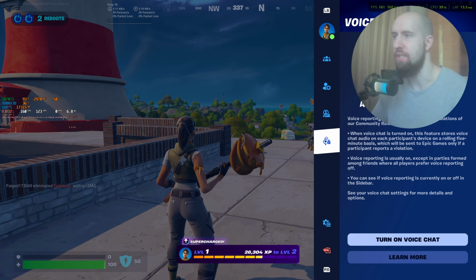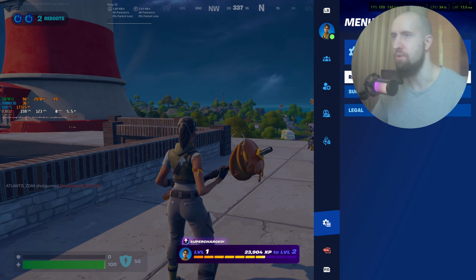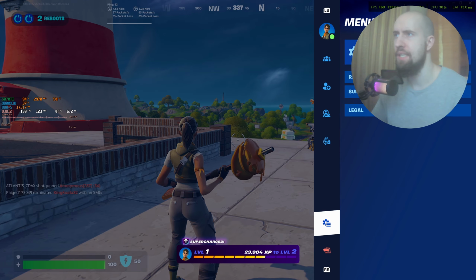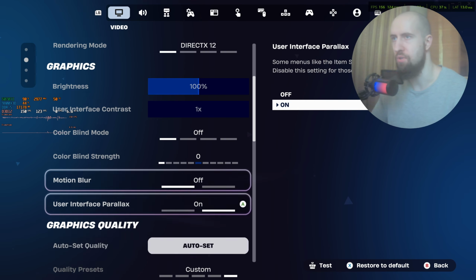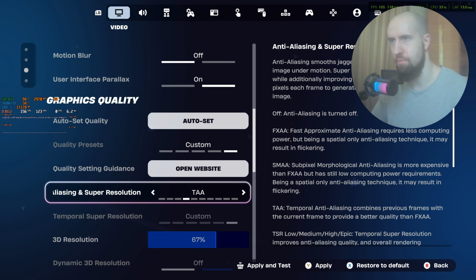Oh, I understood why I have more frames. It's because I've enabled DLSS. Let us actually disable it and see what it looks like. To be honest, guys, with DLSS, it looks great. I don't see any drawbacks to using it, to be honest. But let me just turn it off. I'm just gonna set it to